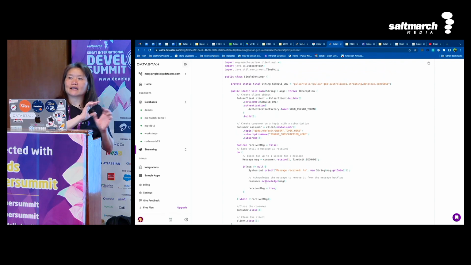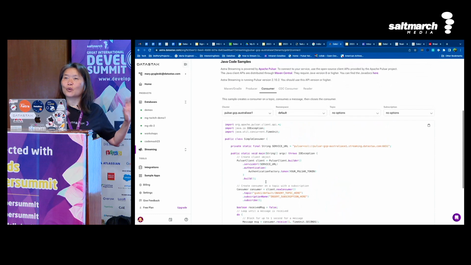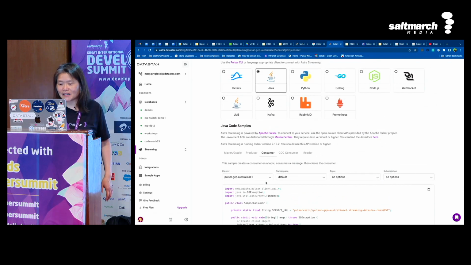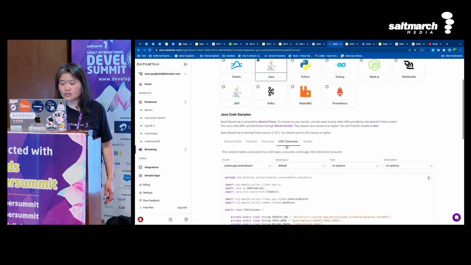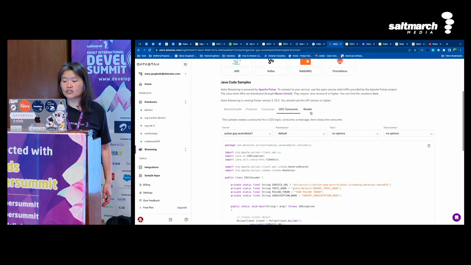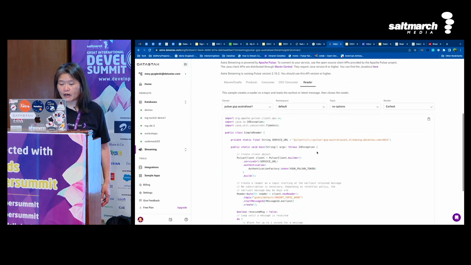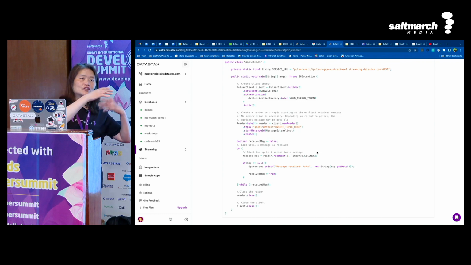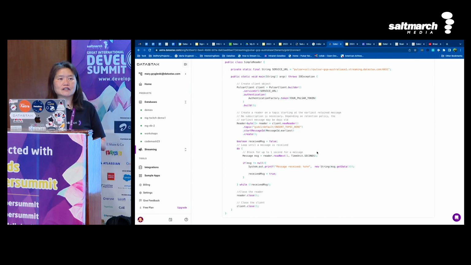If you want some instruction, this is how you can quickly start with our Astra Streaming. I really like that, and it doesn't cost you any money. And then there are other things too, like CDC, the change data capture consumer, is also in here, and also a reader interface, as I talked with you about. Basically, this will help you navigate through your BookKeeper, all of the log messages too. You can use the reader interface to do that.